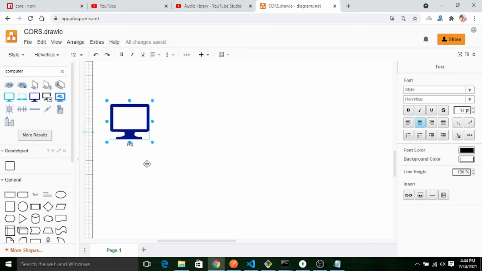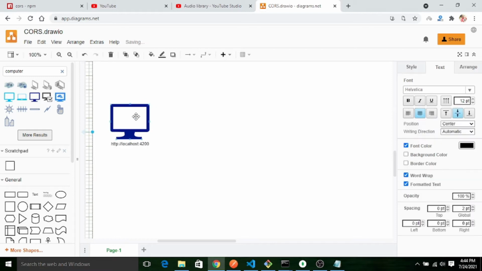This is the first user, http localhost 4200. So let's say this is domain 1, right?